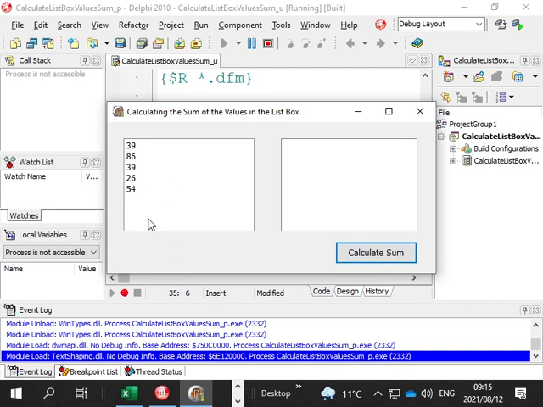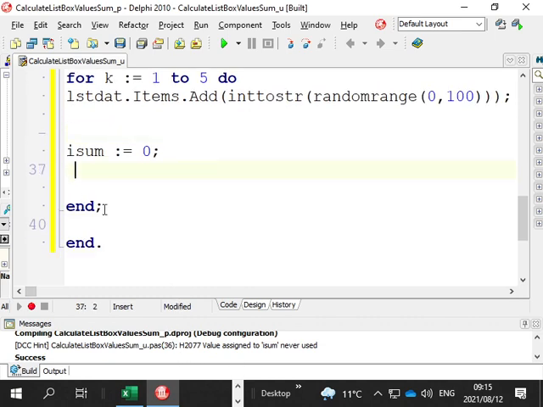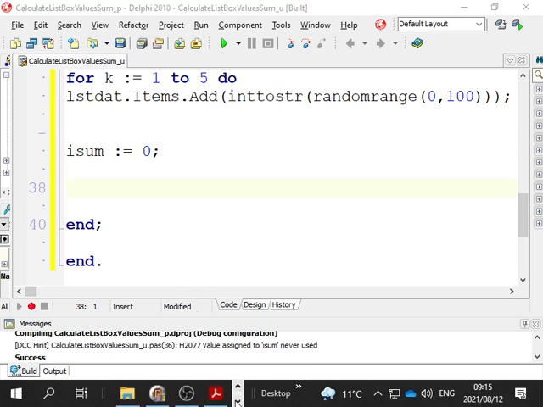Calculate sum. Okay, there's the numbers. Okay, cool. 5 numbers. We've got to add those numbers up now. Well, the calculate sum button is going to do it at the same time. And then it's going to calculate the sum. But we're going to use a for loop. Now, the for loop is going to go from list item box,